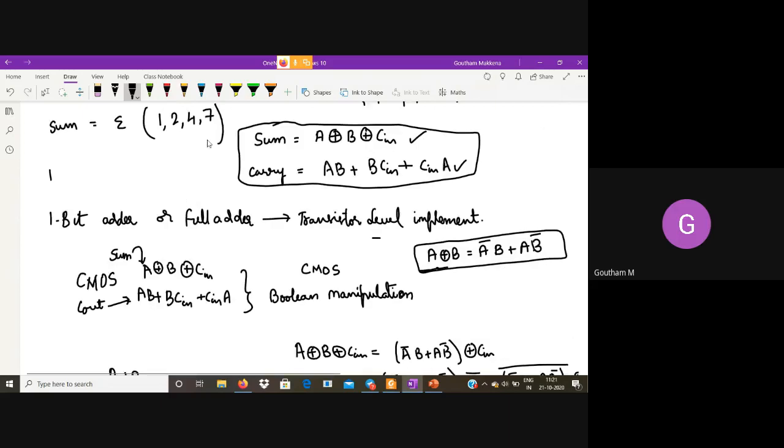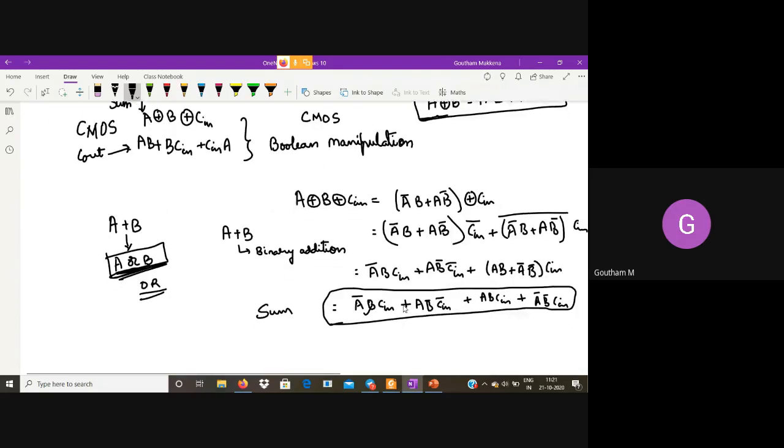This is basically these minterms 1, 2, 4 and 7. Okay, so this is minterm 1. A B, sorry, this is Cin bar.